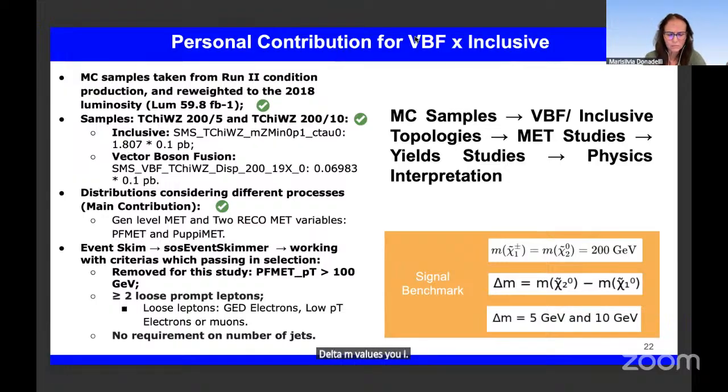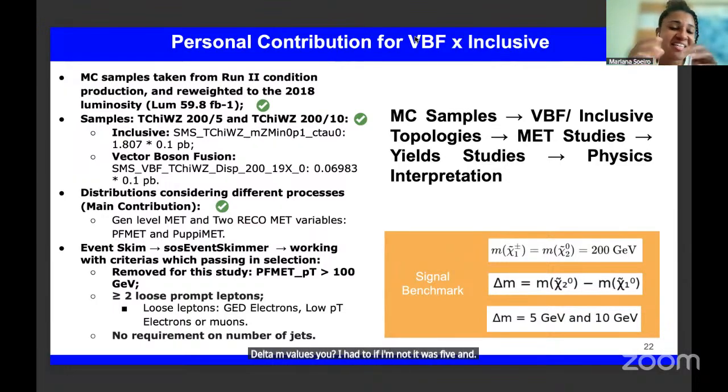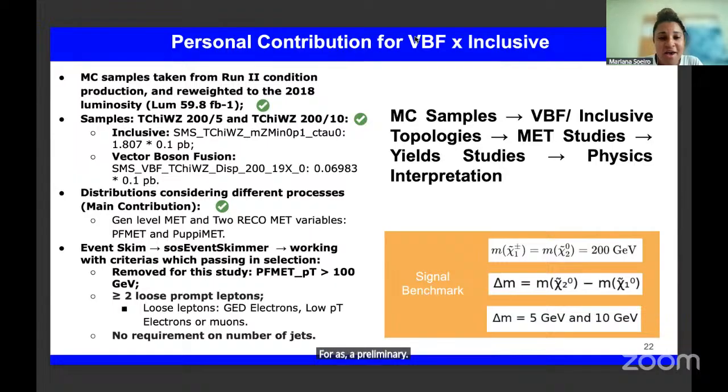If I'm not mistaken, it was 5 and 10. It is the samples we had. We had other samples, yes. But when the group started, it started with these two, and I went with these two. But there is a range to continue. As a preliminary study, and SUSY is too extensive, we just chose these two. I'm alone in that analysis, and it is difficult to do a lot of things.